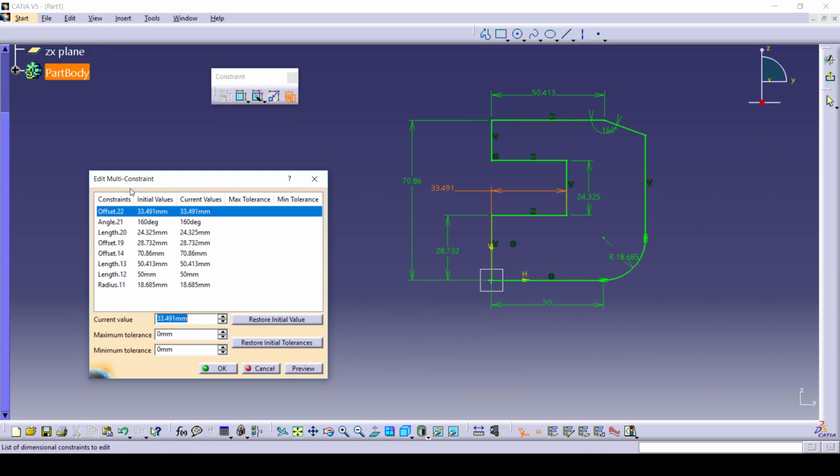So here you can find all the parameters available. So each parameter you can change it. Suppose this value, if I want to change it 20, if I want to change this to 50 mm, change it. If I want to change this to 70 mm, you can change it.